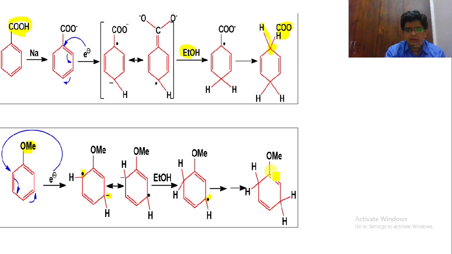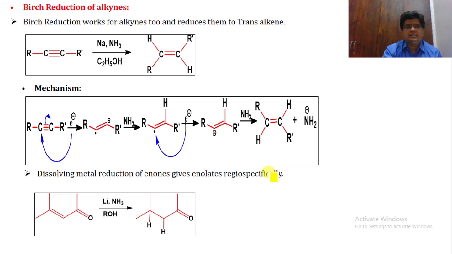So now here we are having an OMe group. Now this OMe group will be attaching towards the sp2 carbon. So this is the most important thing you have to remember: in Birch reduction the electron withdrawing group will attach towards the sp3 carbon, whereas the electron donating group will attach towards the sp2 carbon. So this is the sp3 carbon and this is the sp2 carbon. Now let us understand one more example for the Birch reduction.